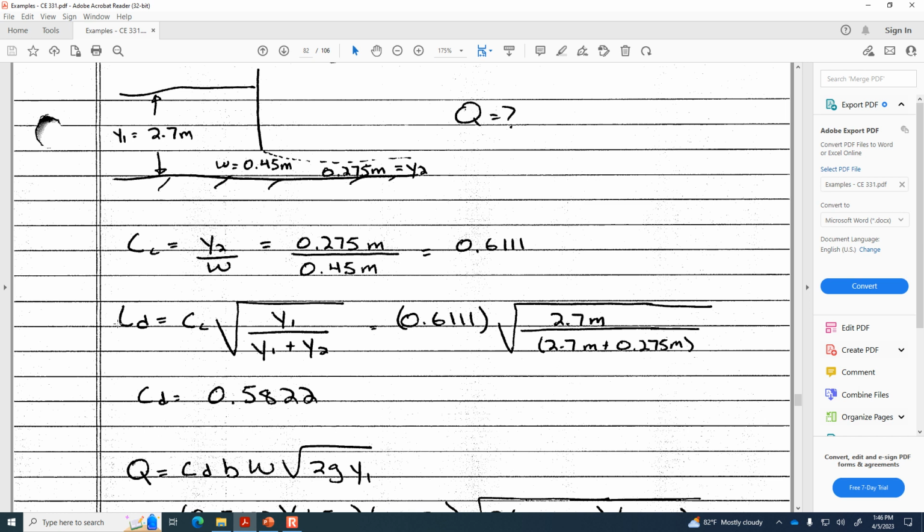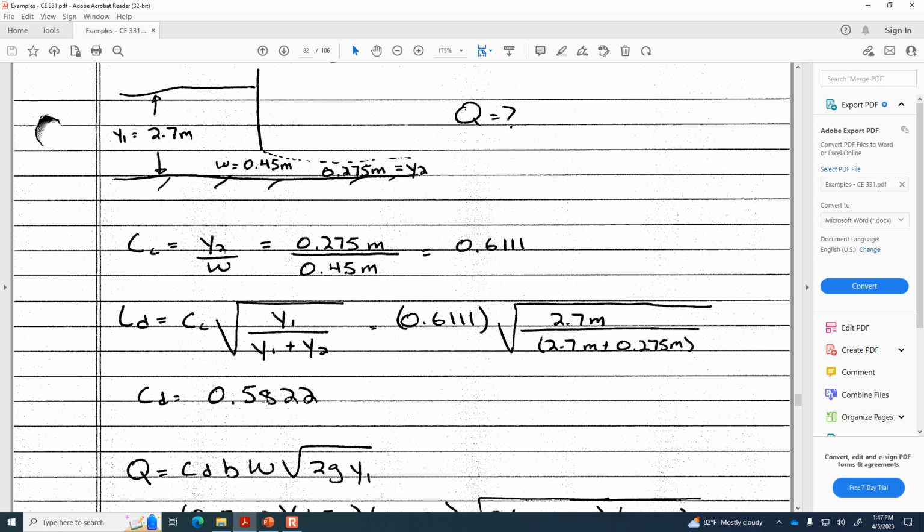Now there is energy loss because there is contact with the ground surface, so that would be like a frictional kind of a loss. There is the energy that's lost as the water is approaching, and the flow patterns are reestablishing as they approach that gate. So here the 0.5822 just says that the flow rate is going to be about 42% less than